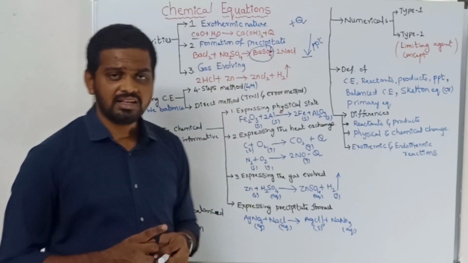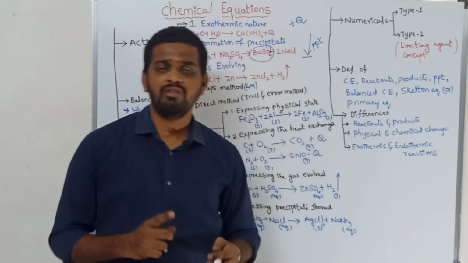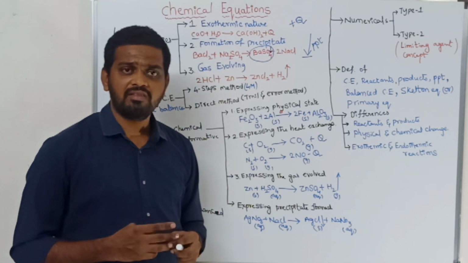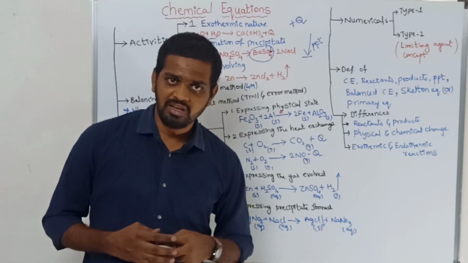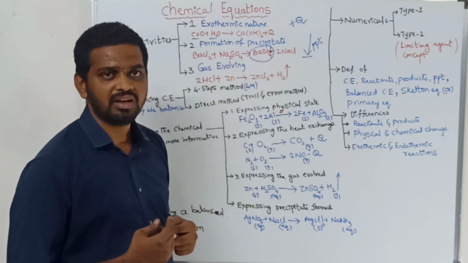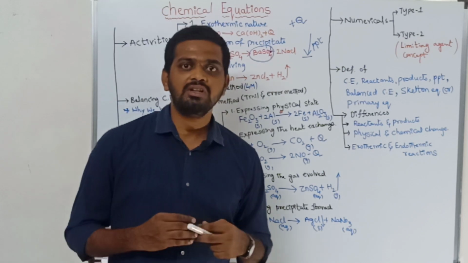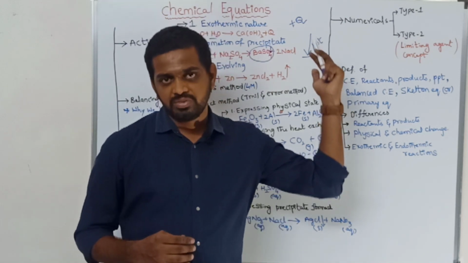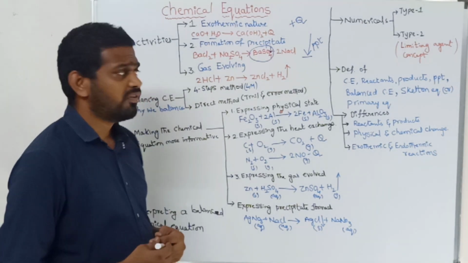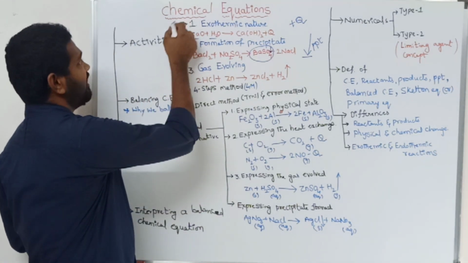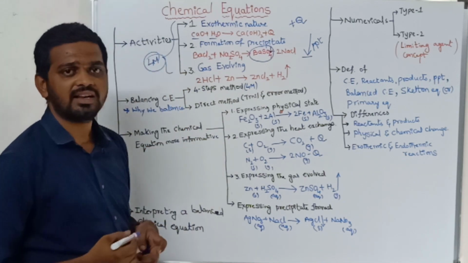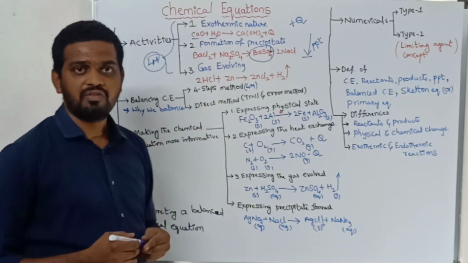Coming to the second condition, the second activity, we observed that a precipitate may be formed. Coming to the third activity, we observe that gas may be evolved. So these are the changes involved in a chemical reaction, which we observed by conducting or observing these three activities. From the exam point of view, you may get these activities for 4 marks. You may have the chance to get these questions for 4 marks.